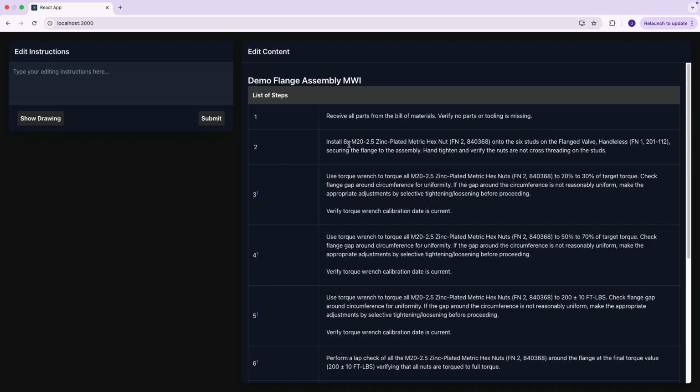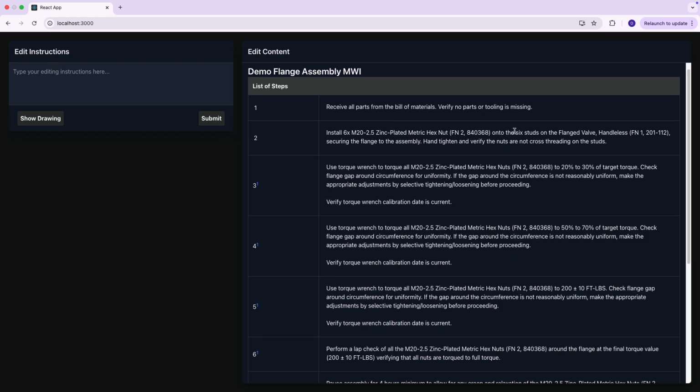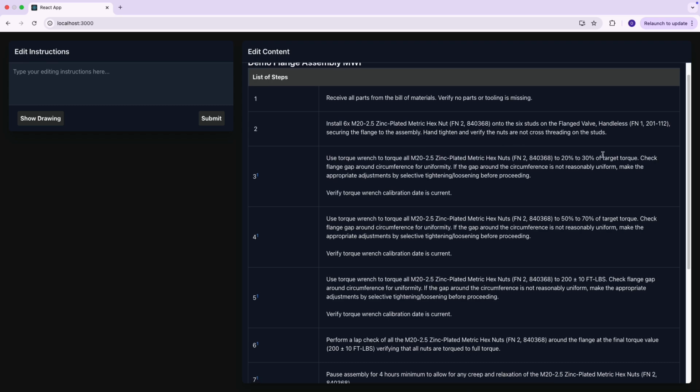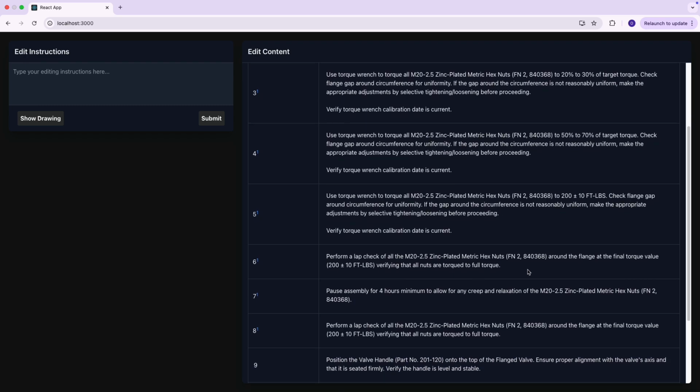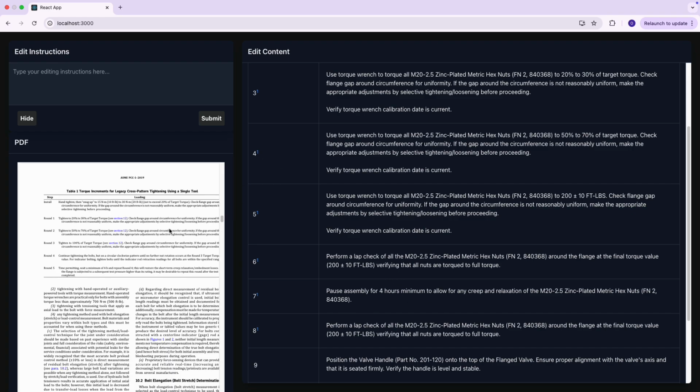And I want to draw your attention here to how it's installing these nuts. It's doing a 20 to 30% torque, then 50 to 70% torque, final torque, a lap check, and it's waiting for 4 hours and doing another lap check. That's pretty non-standard. And where that actually comes from is from the spec that we uploaded that the drawing calls